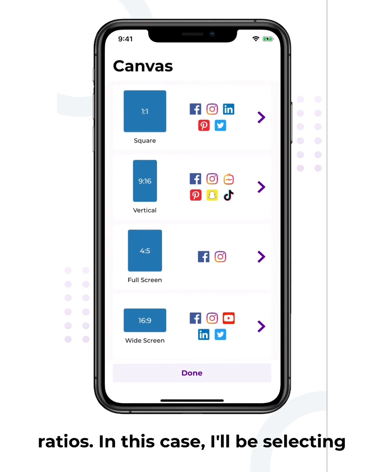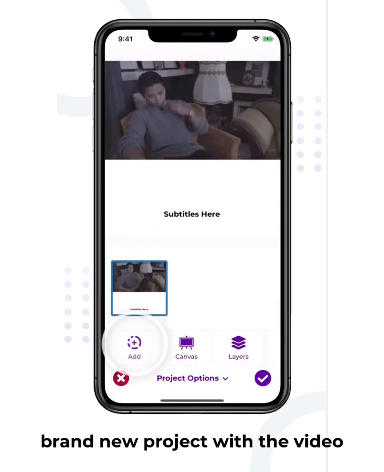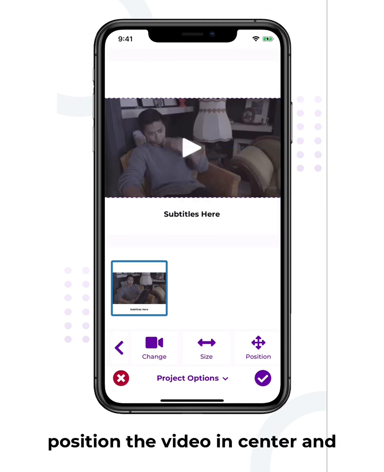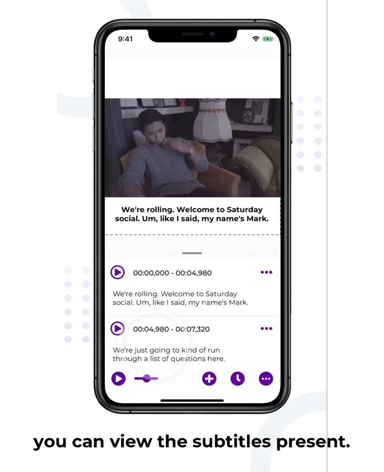In this case, I'll be selecting one by one. This will open up a brand new project with the video and subtitles present. You can position the video in center and then tap on the subtitles box where you can view the subtitles